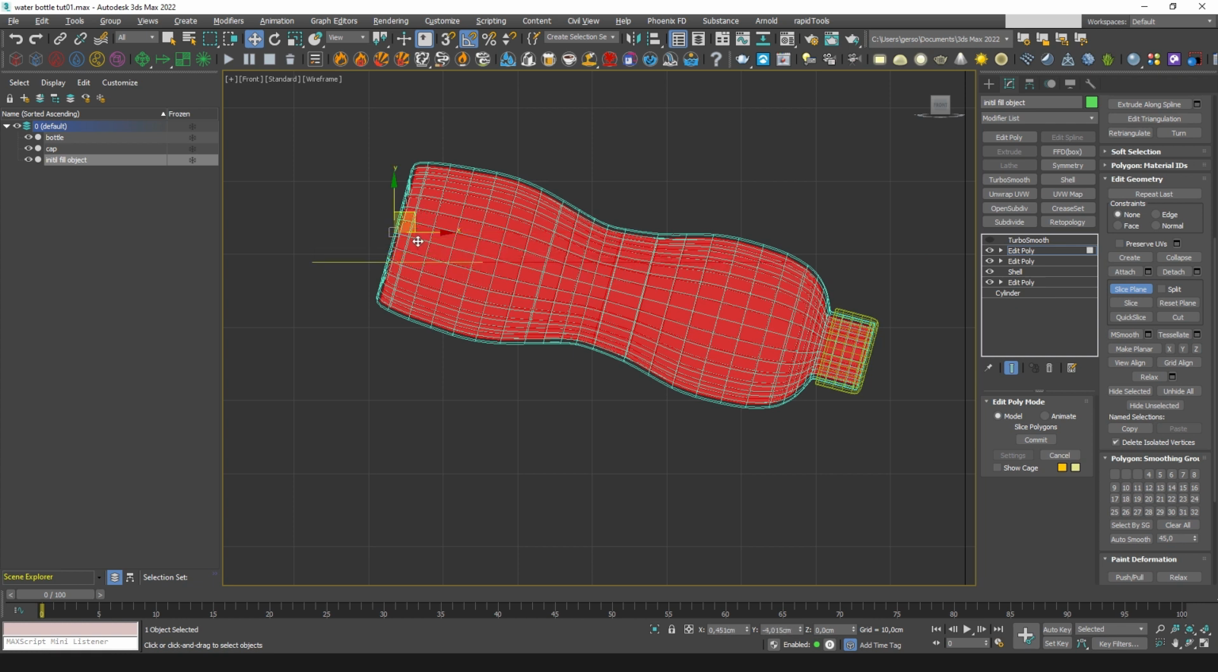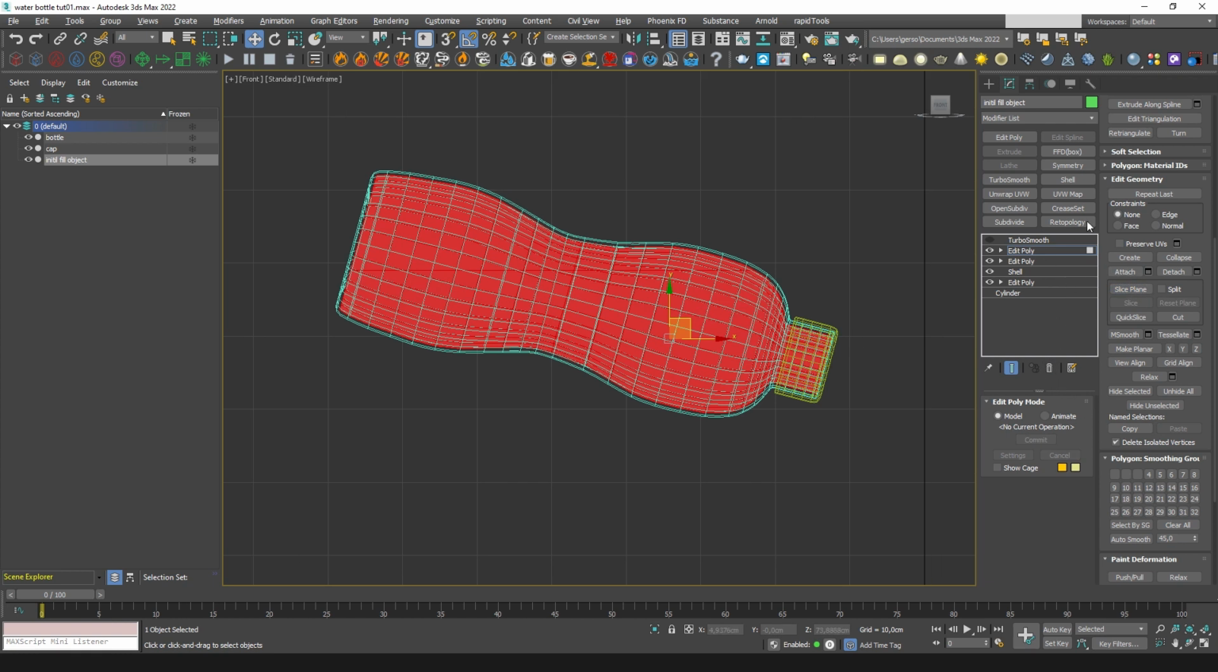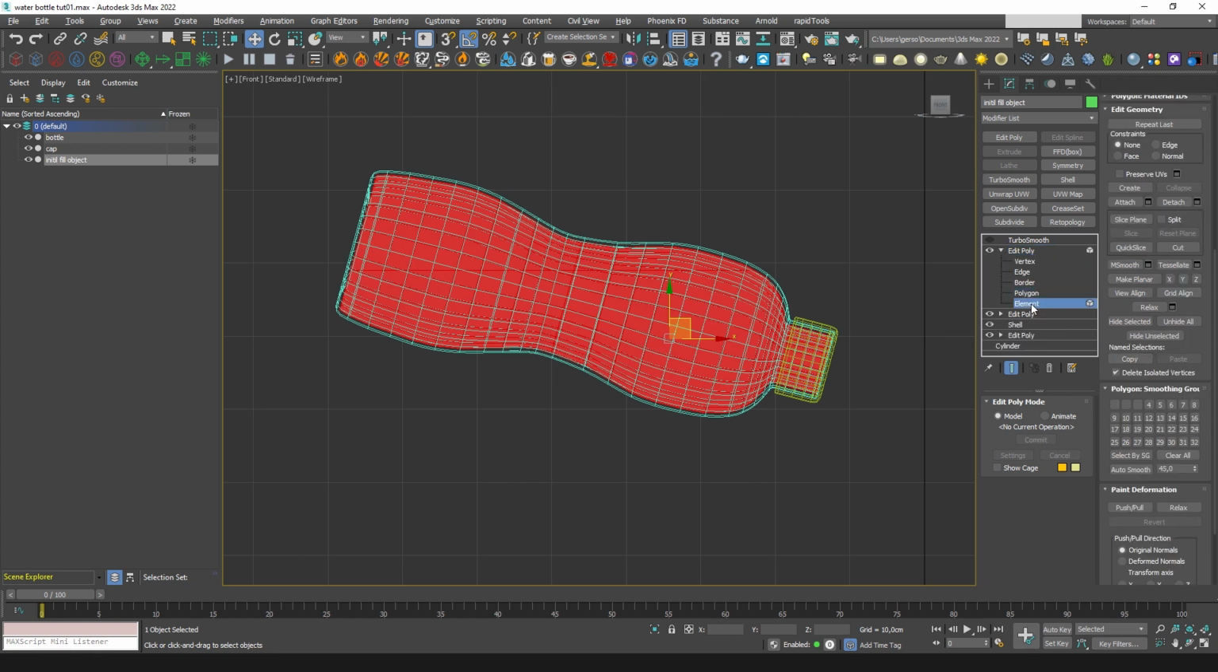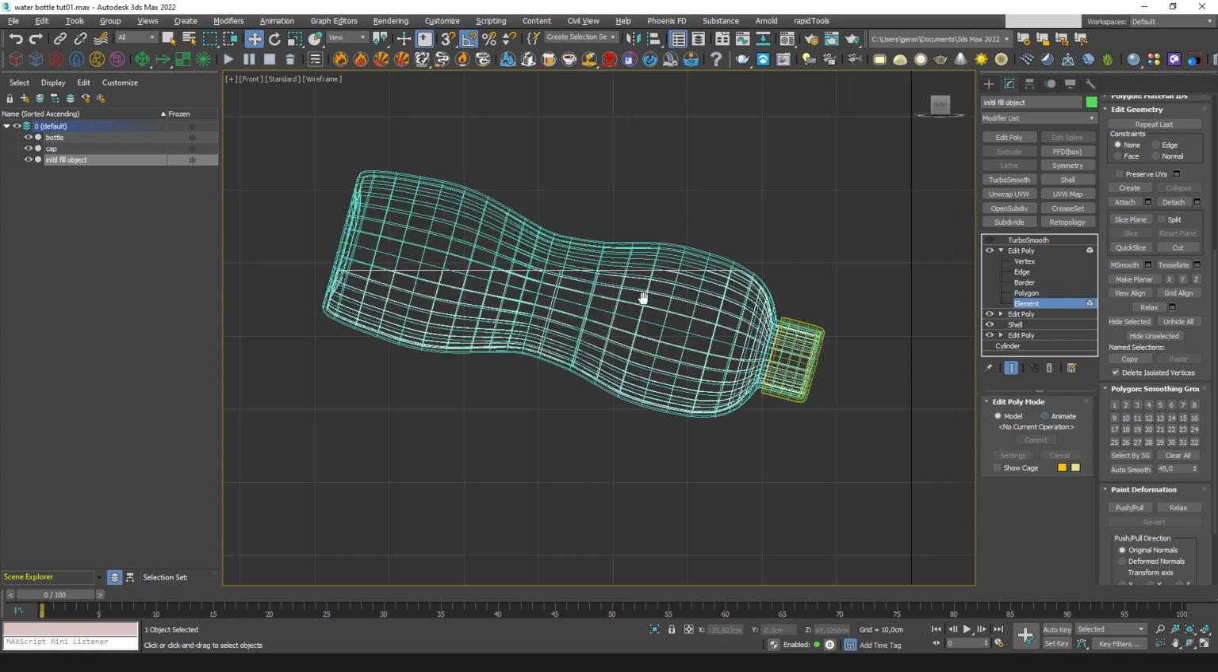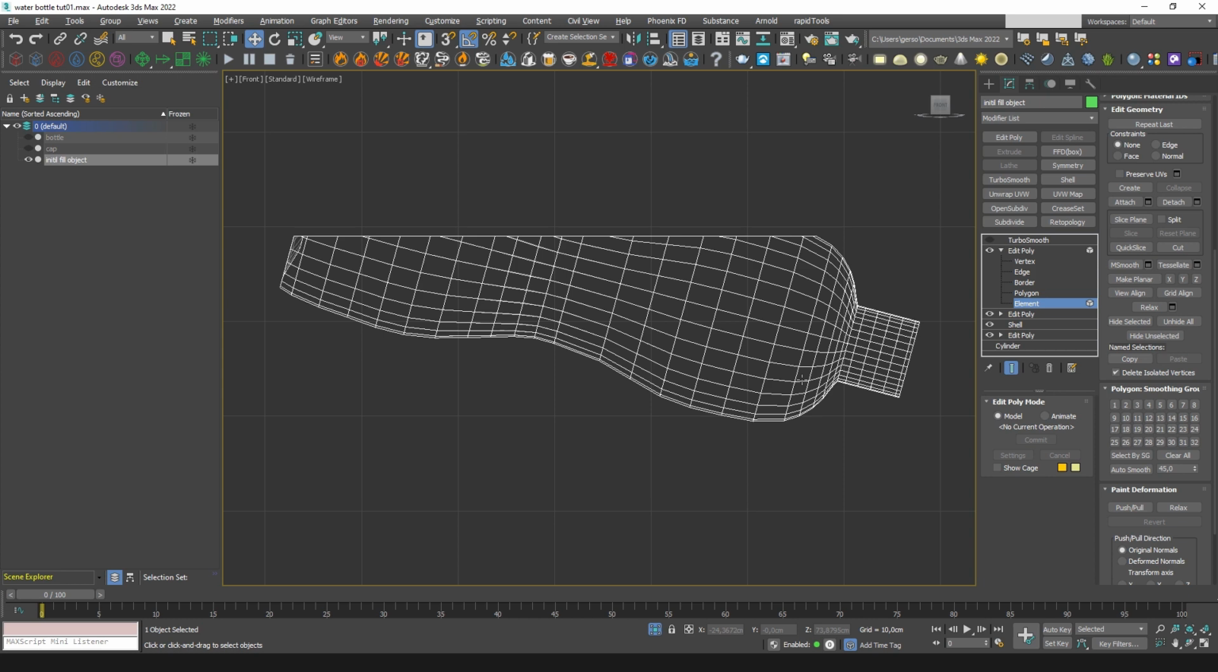So I want maybe here. So let's turn on splits, slice, turn off. Now they are two separate elements. We can delete the top one, isolate selection,